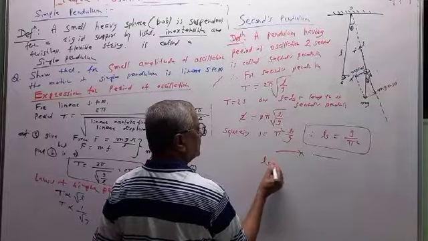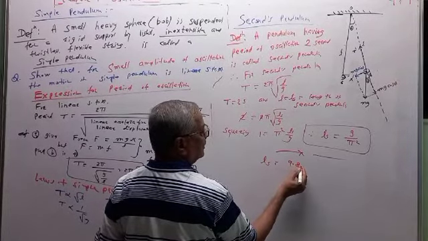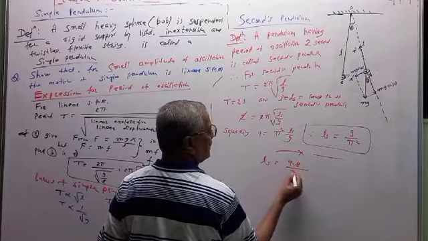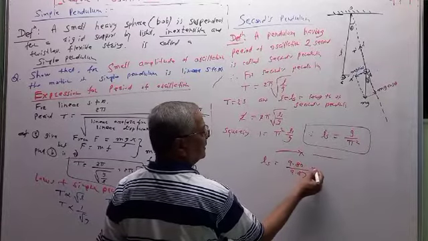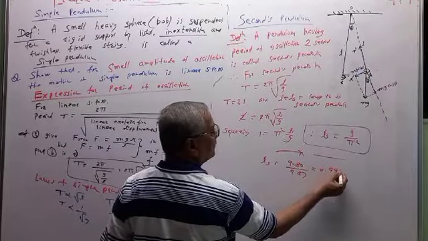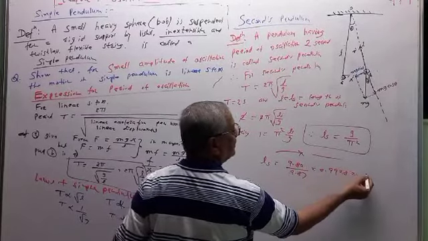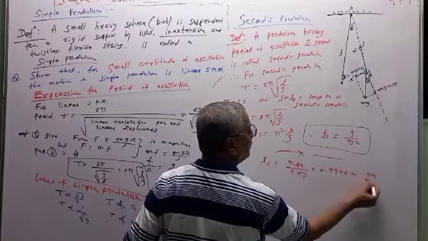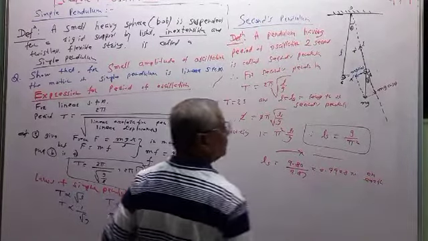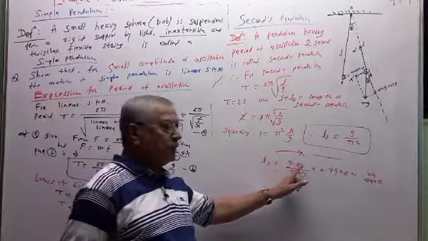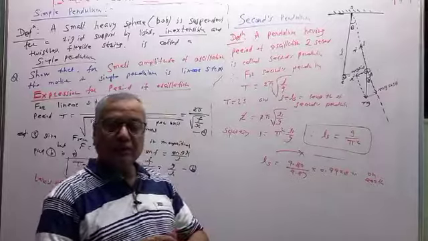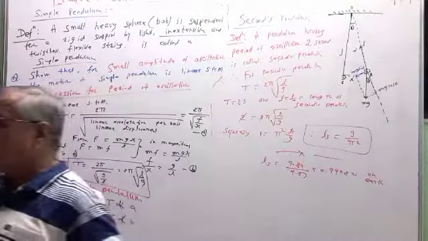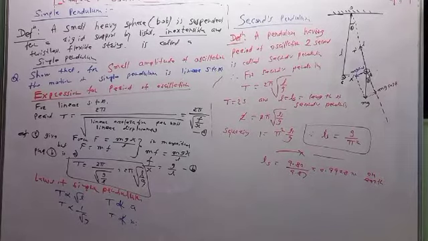Now, if you substitute this value, g on an average is 9.8 on the Earth's surface and pi square is equal to 9.87. So this is 9.8, this is 9.87. This is nearly 1. The accurate value is 0.9928 meter on Earth. On the surface of the Earth, we take the average value of gravitational acceleration as 9.8. So the length of the seconds pendulum on the surface of the Earth is 0.9928 meter.